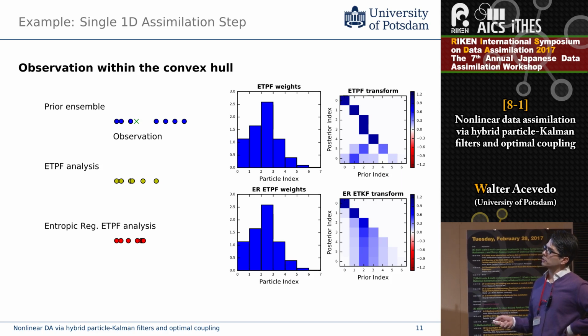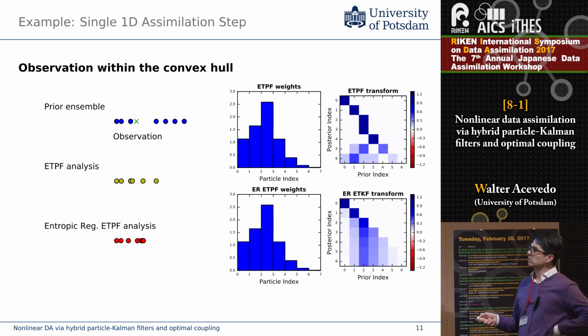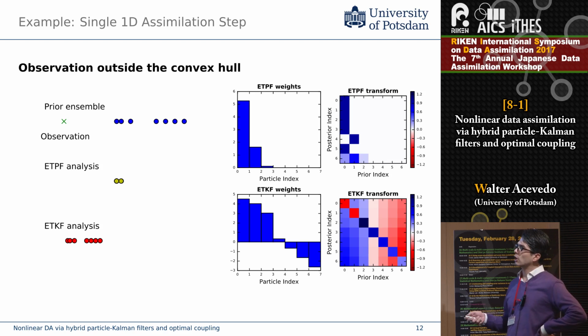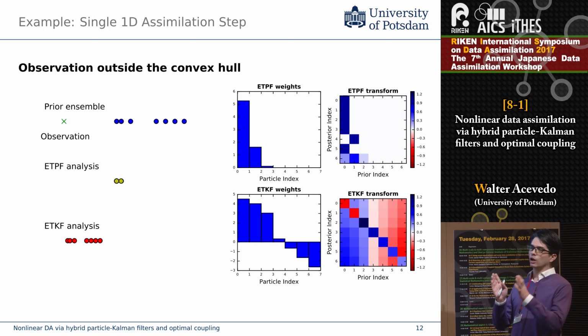OK, that's the case when the observation is very nicely located in the middle of the ensemble for a one-dimensional space. Now what happens if the observation is outside of the ensemble? Then we are in problems for the particle filter, for every particle filter, not only this one, because the observation is not in the convex hull, meaning the possible states you can get by convex combinations. If that's the case, the particles are going to just be drawn towards the observation, but they cannot go farther than this. So they just jump into this wall, and then you have a strong degeneracy,